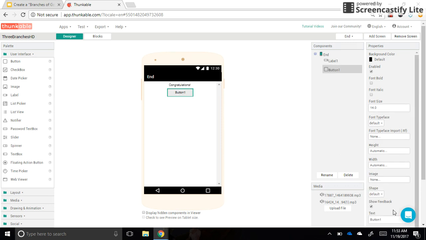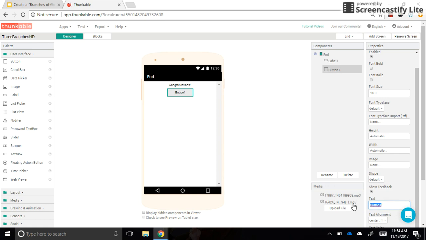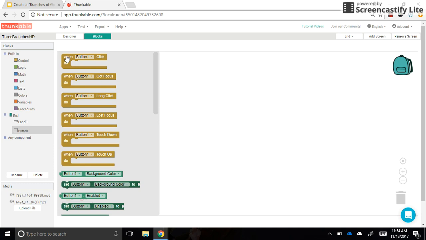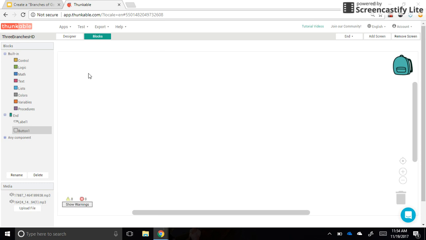Now, what we'll need to do is code that button to go back home. And then we'll need to go back into our last question. And I'll explain that in a second. Let's get this one out of the way. We'll go into blocks. And there's only one button on this screen. So what we need to do is code that one button to open another screen. And that is called screen 1. So button 1, when button 1 is clicked,